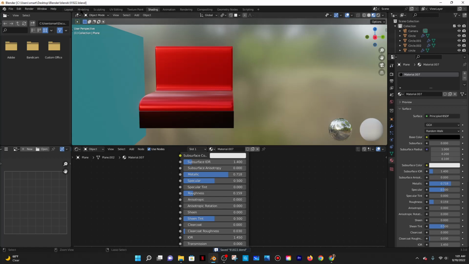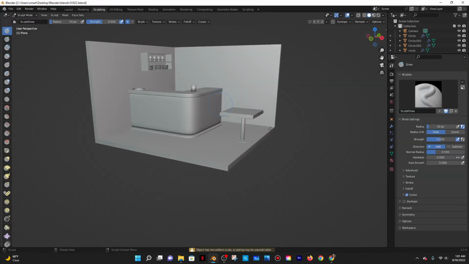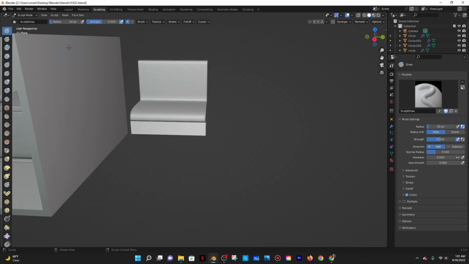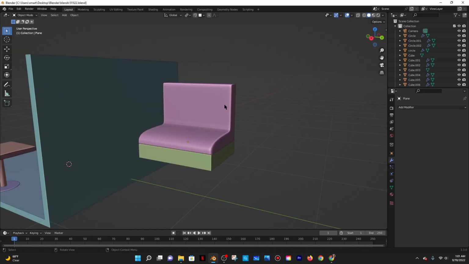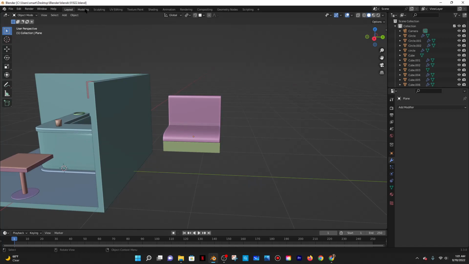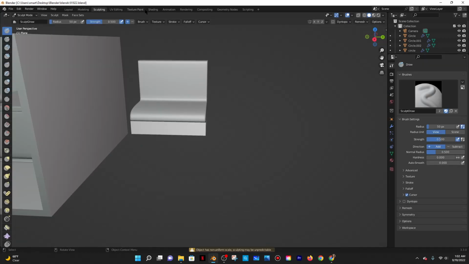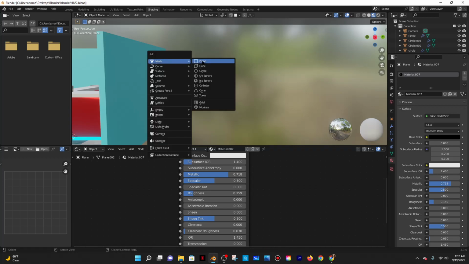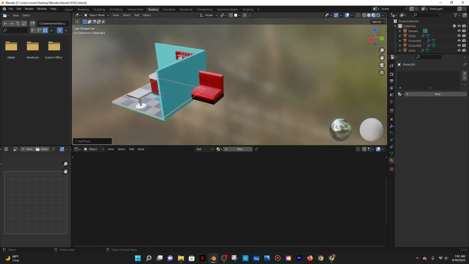And then let's see, how do I add some white details on here? So I could go to sculpting. Where did the couch go? Okay. But that's not gonna be really, no, never mind. Let me go to layout. Let me think how to do this. I could just add a plane and then